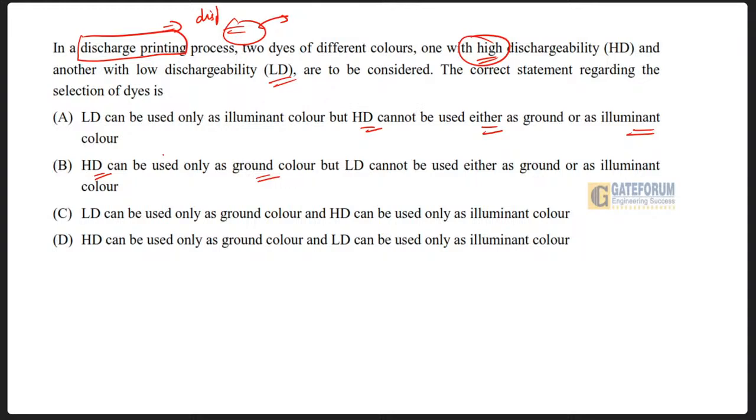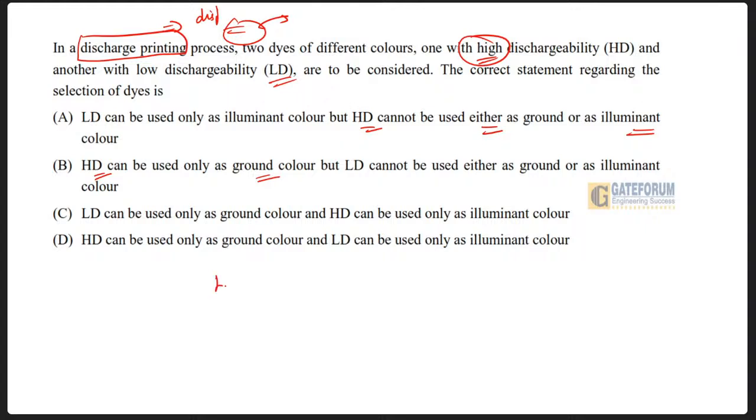क्योंकि जब भी ड्राइंग प्रोसेस, जब भी आपकी प्रिंटिंग प्रोसेस हो रही होती है, तो द वन इन द ग्राउंड कलर should have high dischargeability, because it will effectively be discharged during the printing process. सो उससे होगा क्या, आपका जो क्लियर क्रिएशन होगा कलर का वो भी अच्छा होगा, और उससे वाइब्रेंट प्रिंट आएगा फैब्रिक पर।